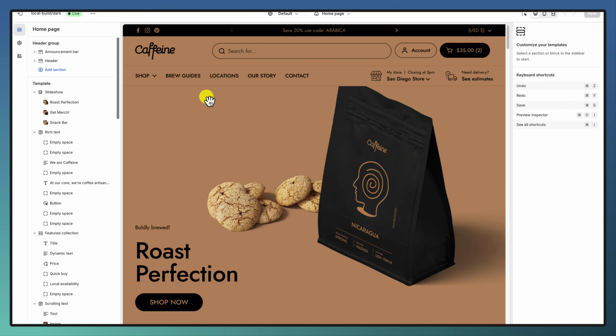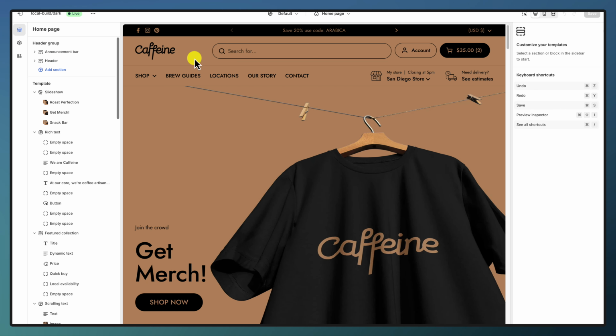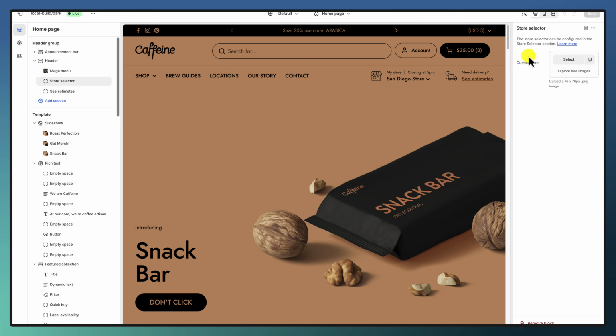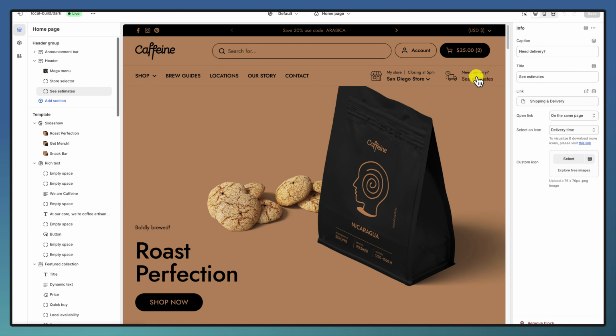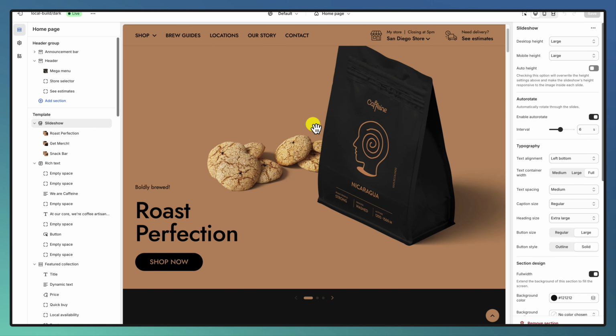The homepage starts really simple with an announcement bar at the top, a basic header with the menu, the store selector added as a block, and another block, an info block for the shipping and delivery page. Then we have a slideshow